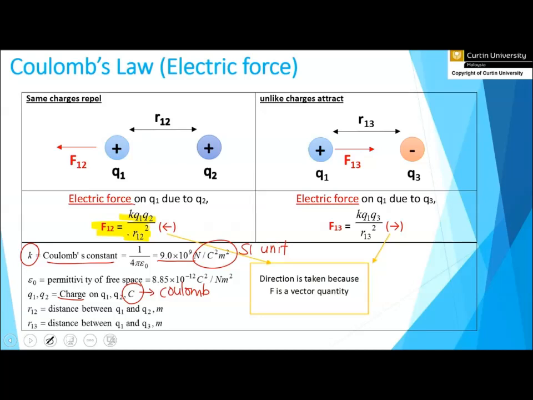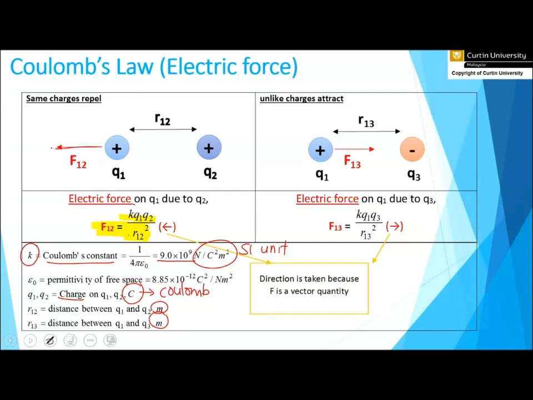R is the distance between the two charges and is in meter. Alright, so look at the example here. You have two positive charges standing side by side next to each other. So according to Coulomb's law, same charges repel. So the force experienced by Q1 because of Q2 is now moving away from Q2. That's why